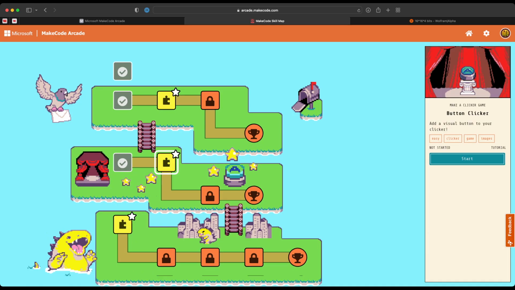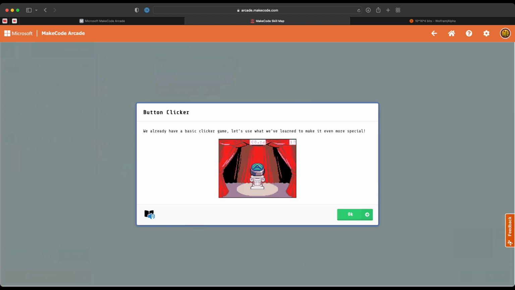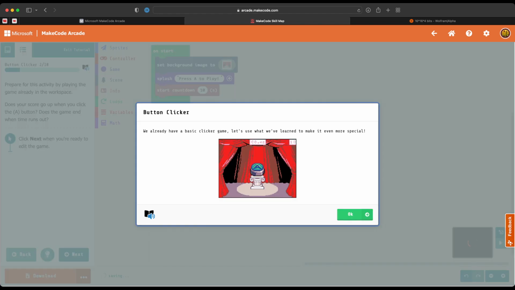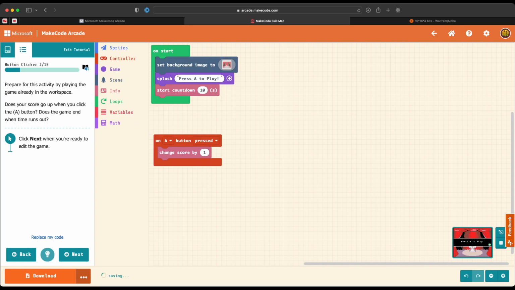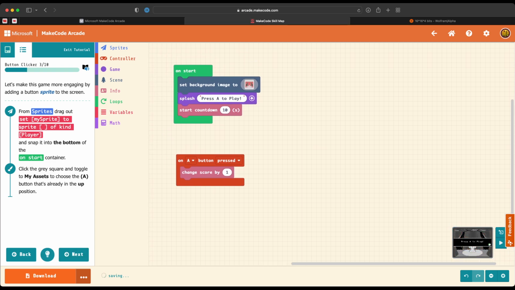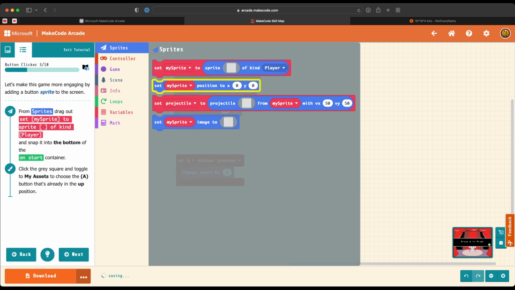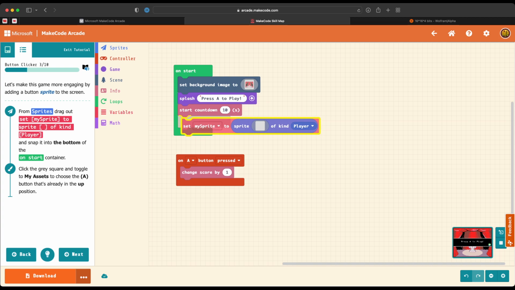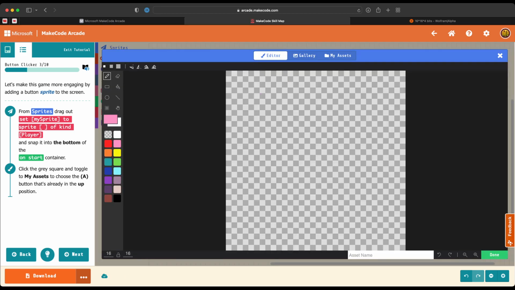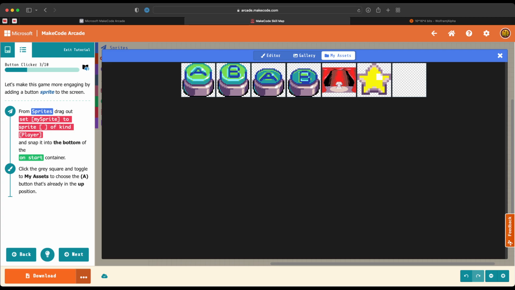All right, let's go on to the next one, right? So here, wouldn't it be nice to have a button that actually looks like it clicks every time instead of the score just going up? Yeah. Okay, so how are we going to do that? Well, we have all the code that we had before, but we're going to create a sprite here, so we'll do set my sprite to a sprite of kind whatever, okay, and we're going to pick here in my assets, they already have some stuff, so we'll pick the A button